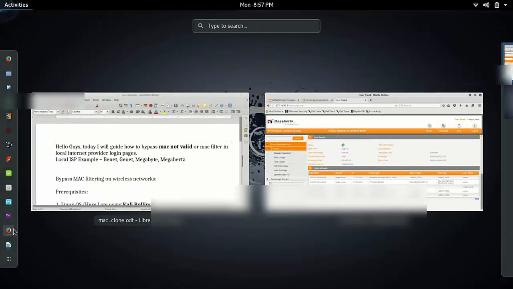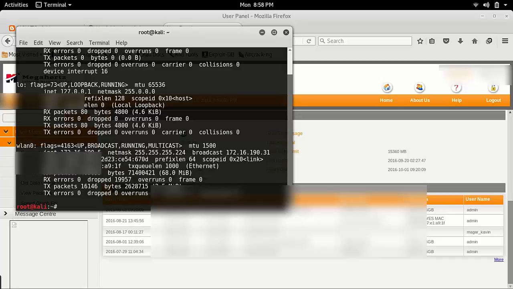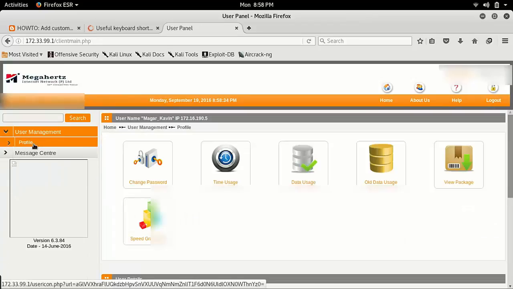Let me open my terminal. Now I will type ifconfig. See, this is my MAC, 28E37, and this MAC is the same as that. So if I want to run this account in another PC, then I have to change my MAC, and it is impossible to change the MAC. We can only clone the MAC, which means we can only create a virtual interface over the NIC, network interface card. We will do this with the help of Kali Linux in this tutorial.